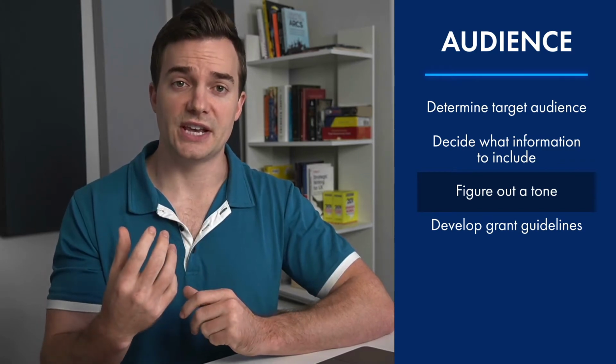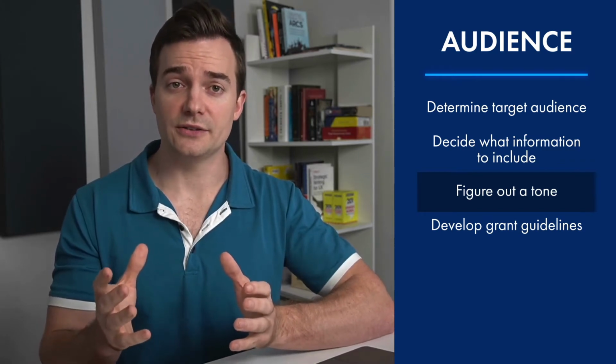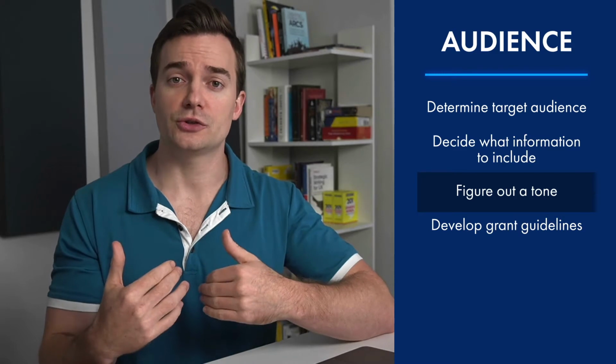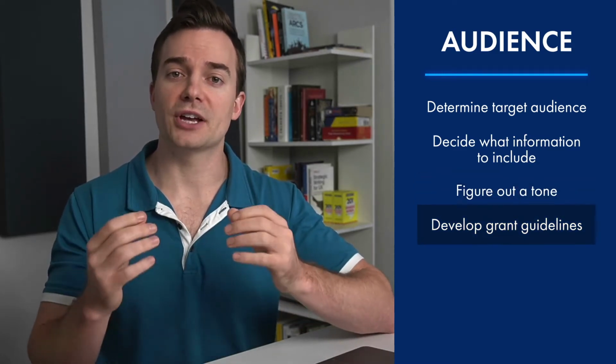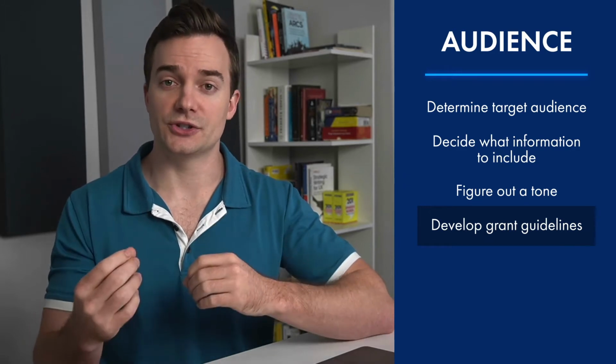Moving on, knowing the audience will also help you figure out a tone for the proposal. Continuing with the previous example, if your audience is C-level executives, your tone should be absolutely professional and outcome-oriented. Most importantly, this is when you develop the grant guidelines based on existing research and the grantor-specific guidelines. It's best to follow the grantor's guidelines as much as you can. With that said, not every grantor puts up lots of guidelines. Sometimes it can be a bit confusing and open-ended, and you really have to dig in to find out what they want.